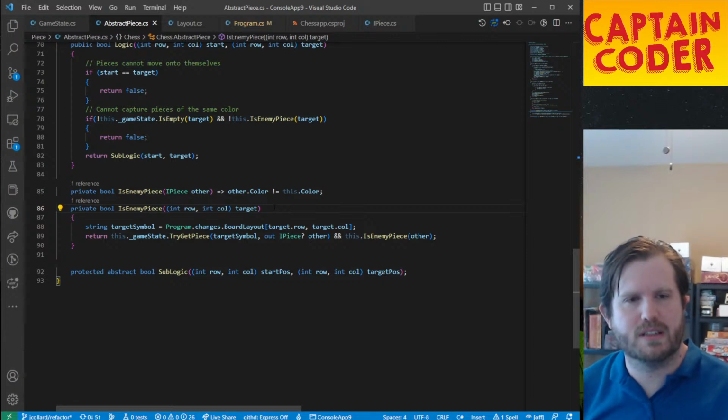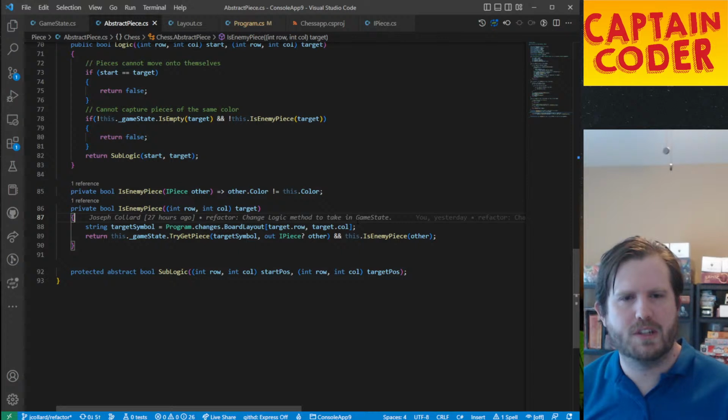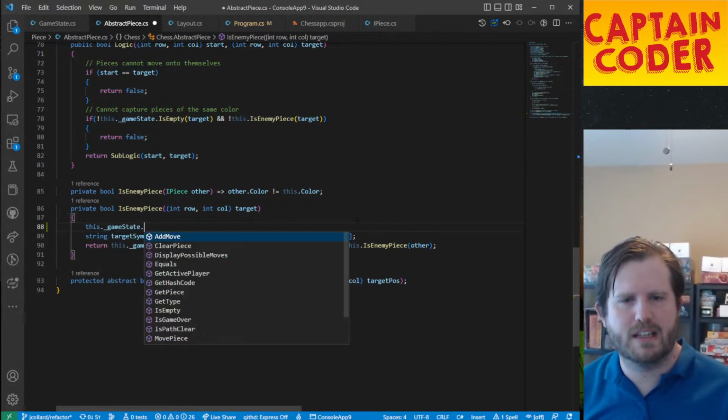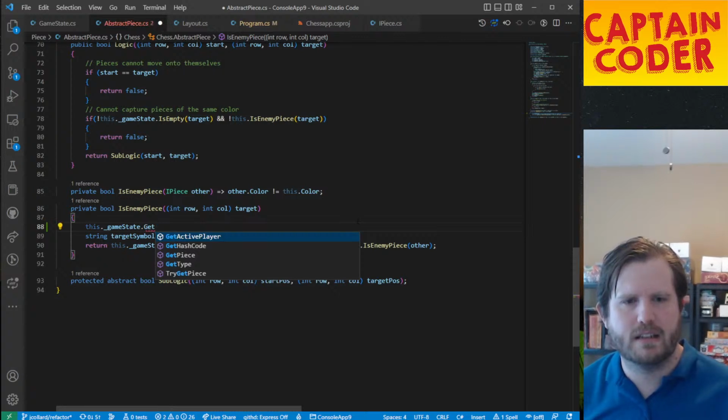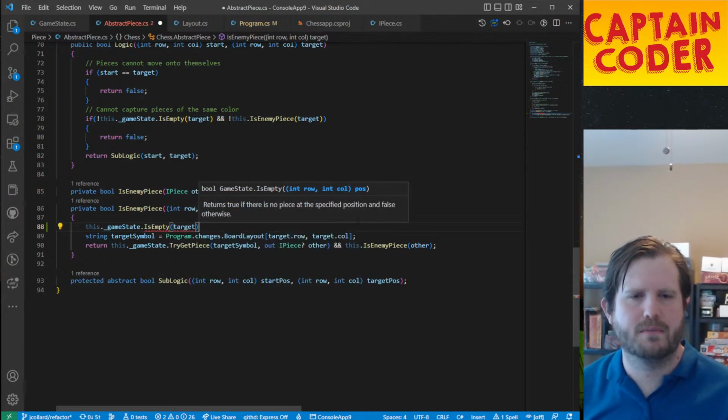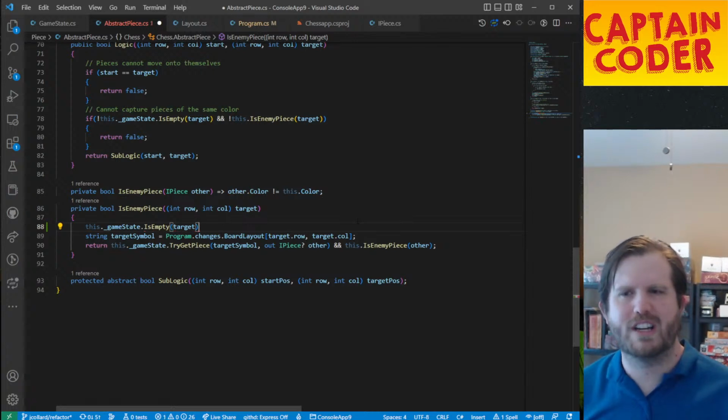That's interesting because all right, we're gonna use game state instead. So we should say this dot game state dot get is empty. Okay, so if our target is not empty,